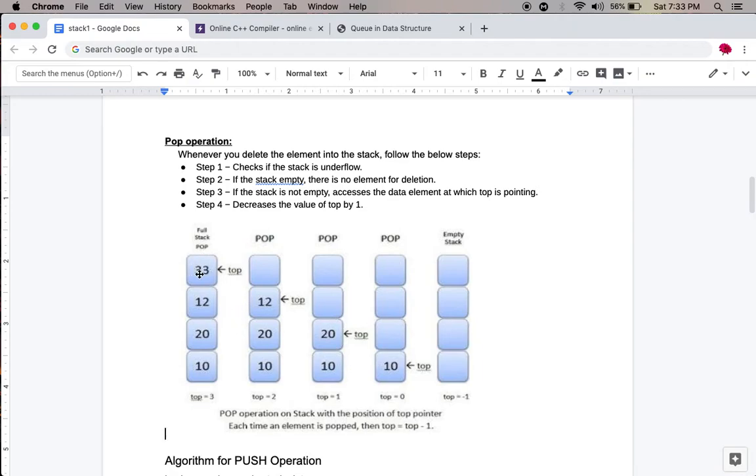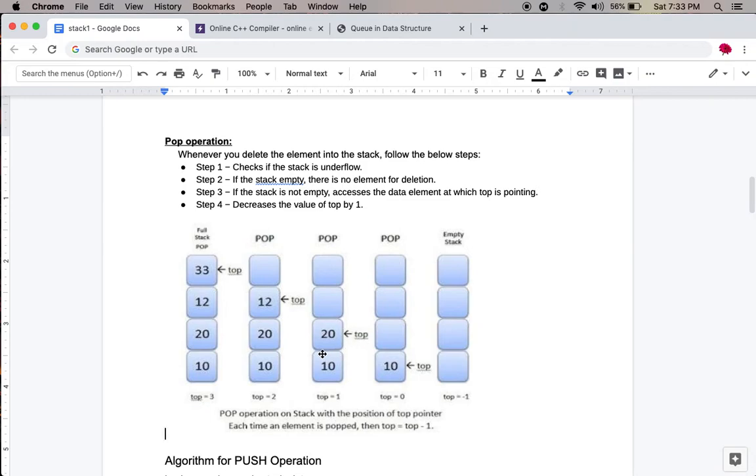We already know that insertion and deletion are done only at the top of the stack. So whenever you perform the pop operation, it deletes the element at the top of the stack, that is 33. After the element is deleted, the top is decremented by 1. Whenever you perform the pop operation again, it will delete the element at the second index position, and decrement the top by 1, that is 1.